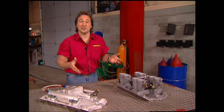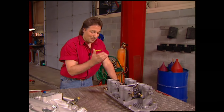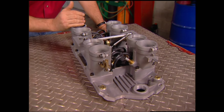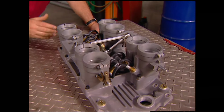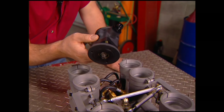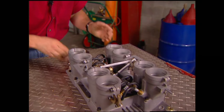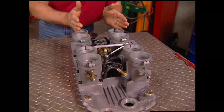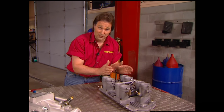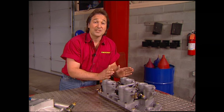Now, you may go to a swap meet somewhere, come across an old Hilborn mechanical fuel injection. These things are awesome, they're legendary, they look cool. Well, they're mechanical because they don't use a computer, they use a fuel pump, so they're really easy to hook up. However, they're designed primarily for a racing application, so unless you know how to convert these to the street, I would definitely suggest staying